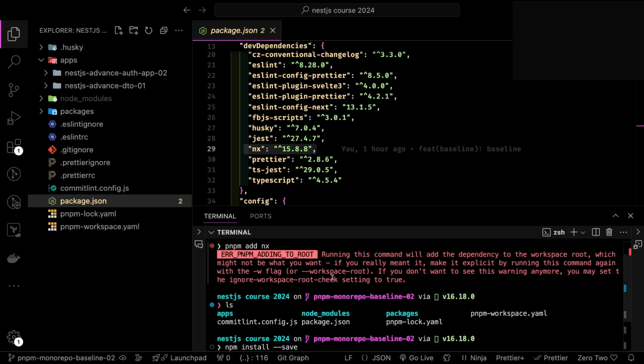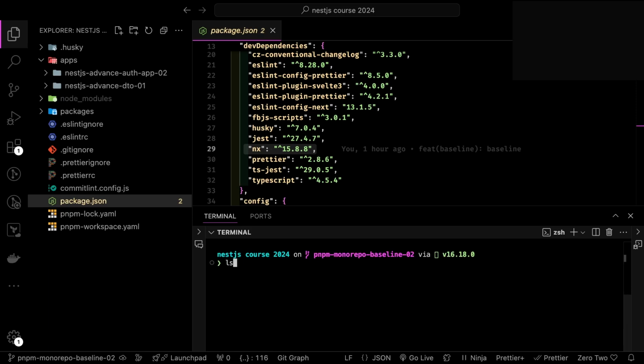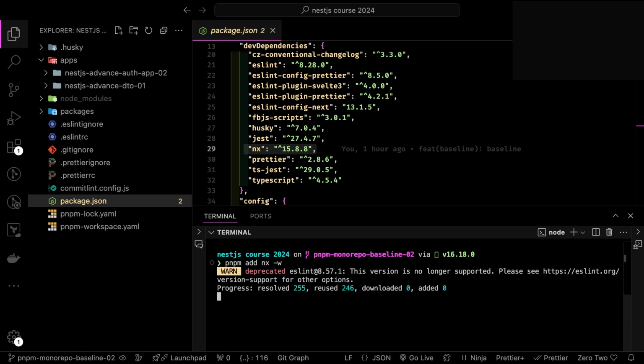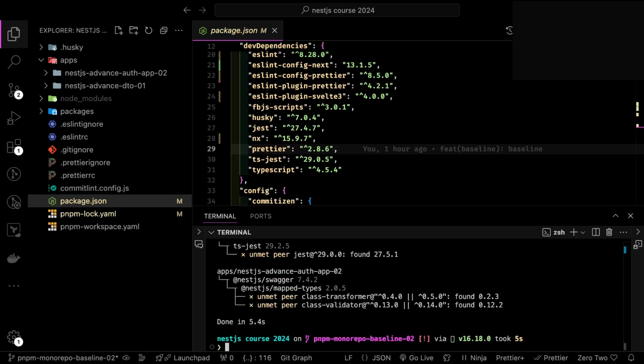Let's say the flag is workspace root or with the w flag. Okay, so this will add NX, and after that, once you need to have just nx.json file, and what that